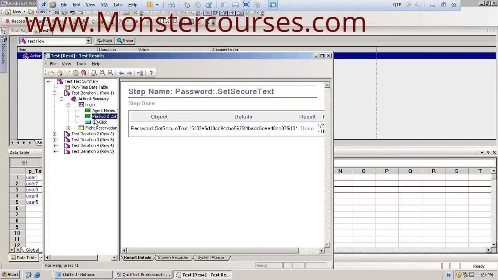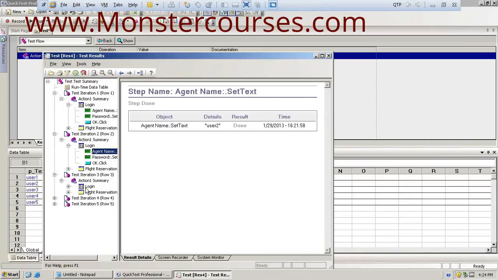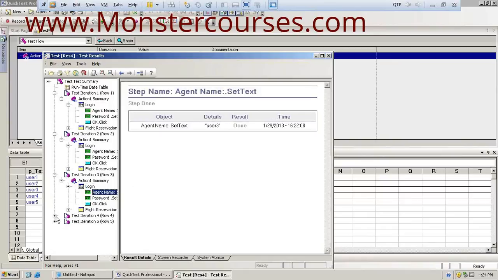Now see here, test iteration 1 logs in with the first value as user 1, test iteration 2 with the value as user 2, then user 3. This is how you can see in each and every iteration the age and name values.